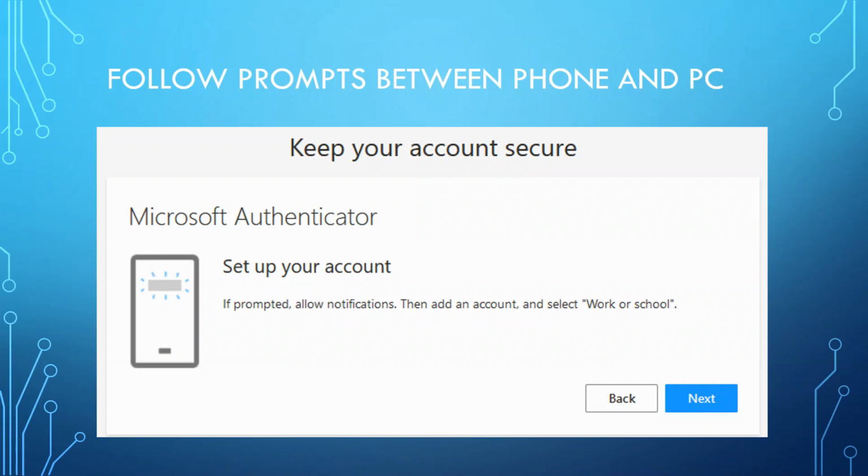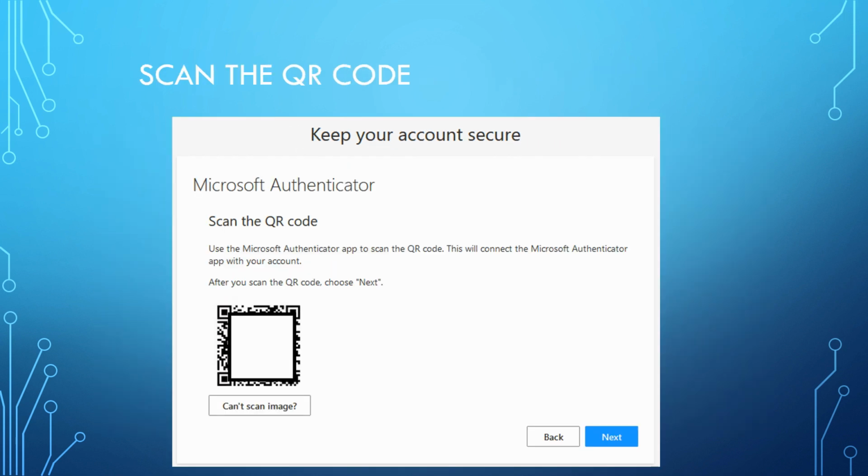It walks you through this on your computer as well. So you'll see here it tells you if prompted, allow notifications, and then add an account. You can select work or school. That's basically for business or a school account, but if it's personal, you may see another option there as well. When you hit next, you're then provided with a code or a QR code on your screen that on your phone, once you hit